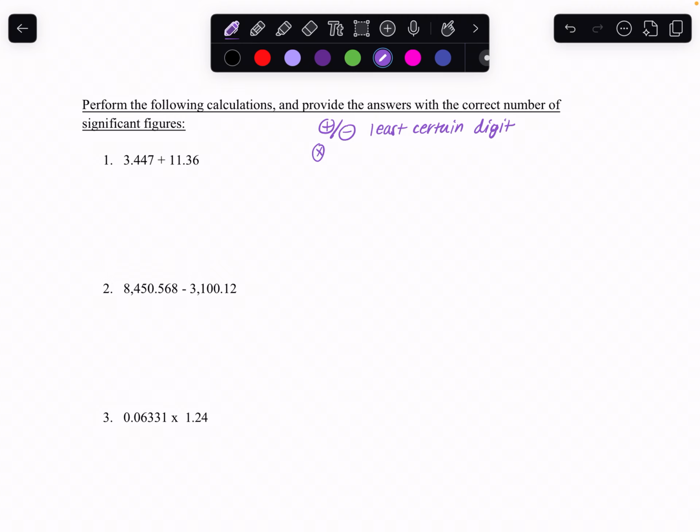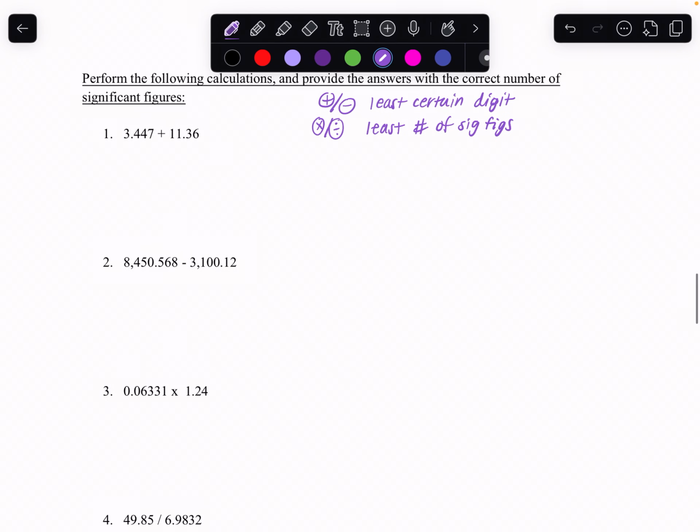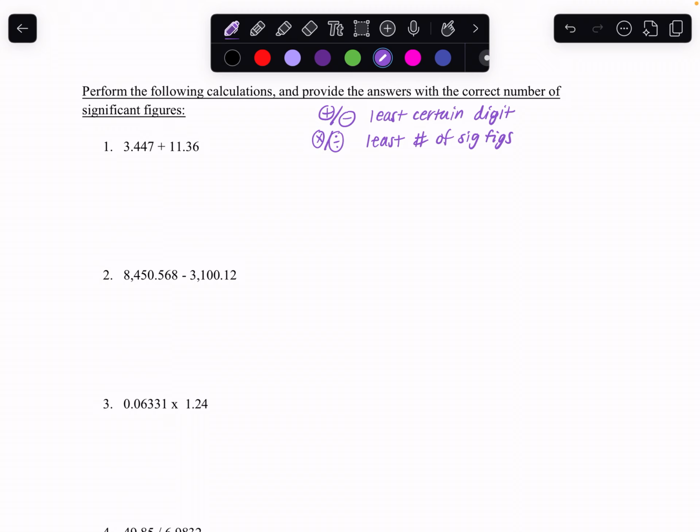When we do multiplication or division, we're looking for something different, right? We're looking for the least number of sig figs, okay? So again, you're going to apply your sig fig counting rules. How do you count them? Leading zeros, trailing zeros, does it have a decimal place? And you'll just apply that exactly as is to any math problem that involves multiplication or division, okay? So I'm going to do numbers 1 through 4 on this practice exam. Hopefully this will help clarify some of the rules so that you can apply it when you're taking the real